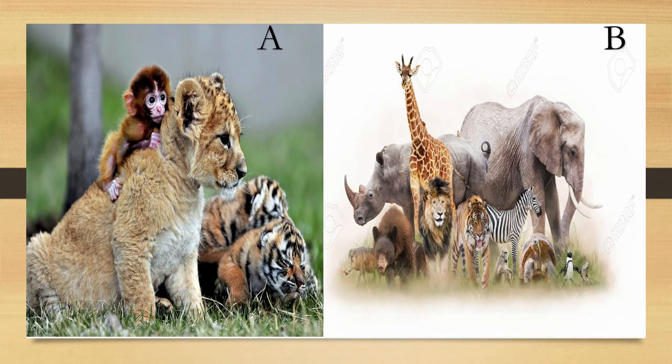So looking at the picture, we can see A and B. Compare them, and you can see that for A, there is no particular beta diversity, because it is already found in B, right? So for B, we can say that there are 11 organisms and we can remove 3 of them, because the monkey is common in both sides, the lion is common in both sides, and the tiger is found in both sides. So in A, there is no particular beta diversity because there is no unique organism, because these 3 are found in both regions. What about the B region?